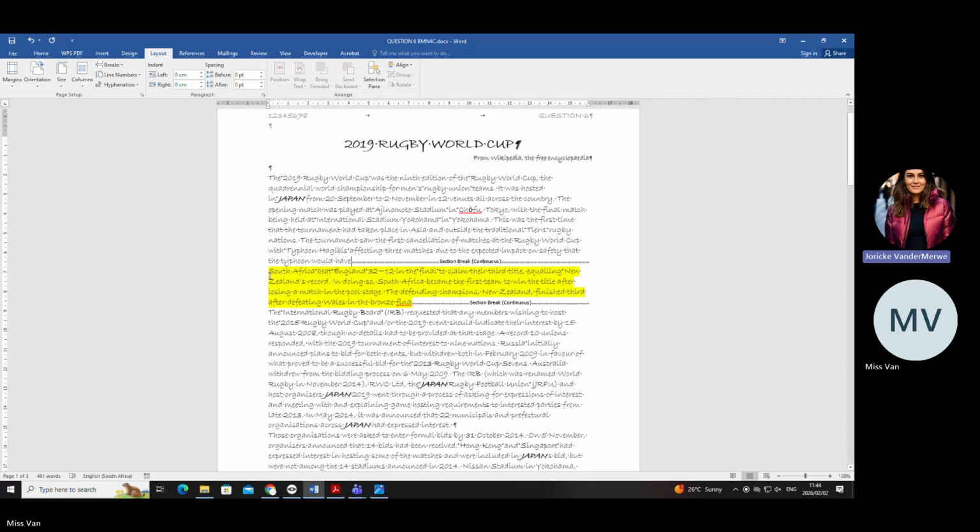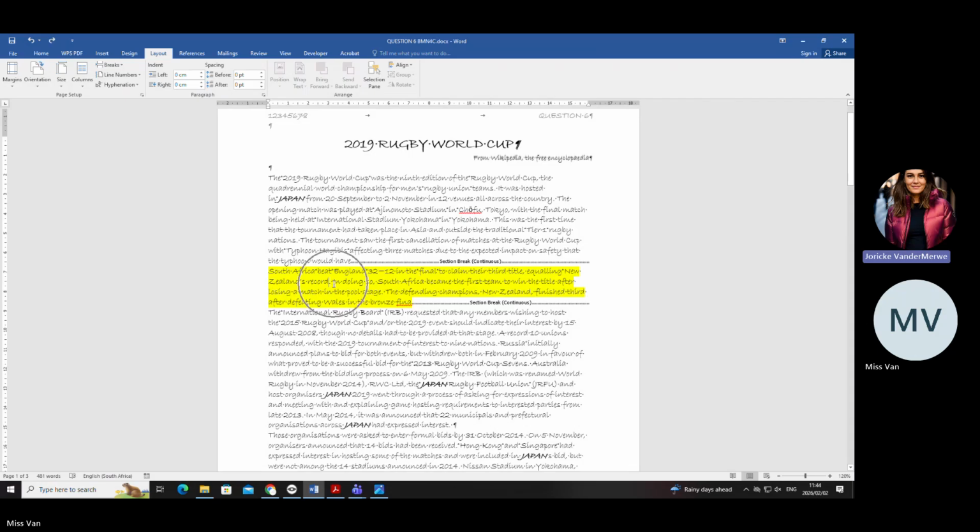Okay. Now, the next thing that you need to do is make sure that your mouse is somewhere there in between those 2 section breaks. Otherwise, this is going to happen. Look here. You're going to say continuous. Can you see it's going to number your lines at the top? That's not what you want.